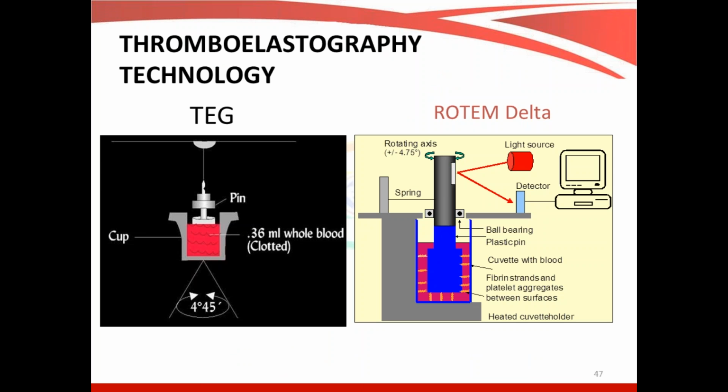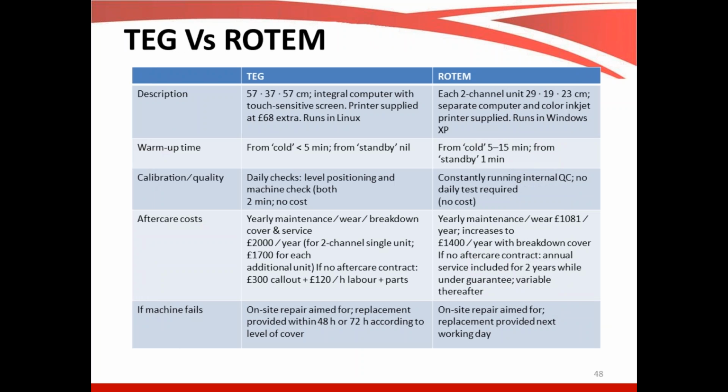So this is the ROTEM Delta. As I said, this moves and this does not move. Here you have the cuvette with the blood and you have the fibrin strands all formed in. There is again an electromagnetic field, but it is all stationary, and from here there is a light source which is detected through the electromagnetic waves in a detector attached here. There is a kind of CPU here, and this CPU gives information according to the interaction of the fibrin and the patient's blood, and you get signature curves on this screen. So this is what is happening in ROTEM Delta, and this is what we have put in one of our